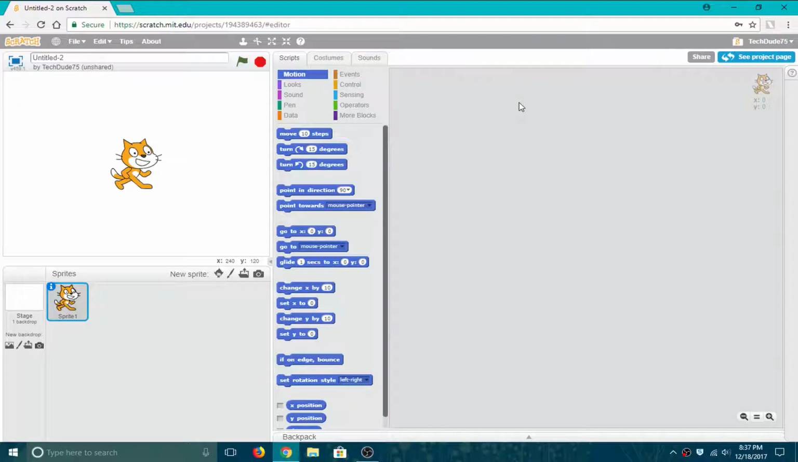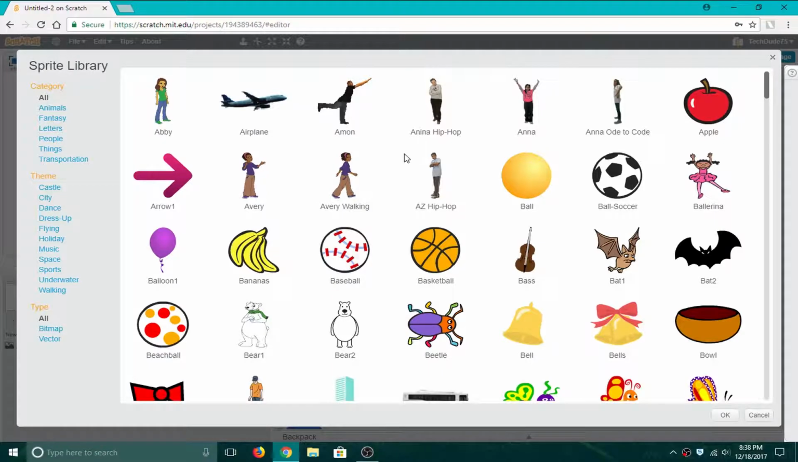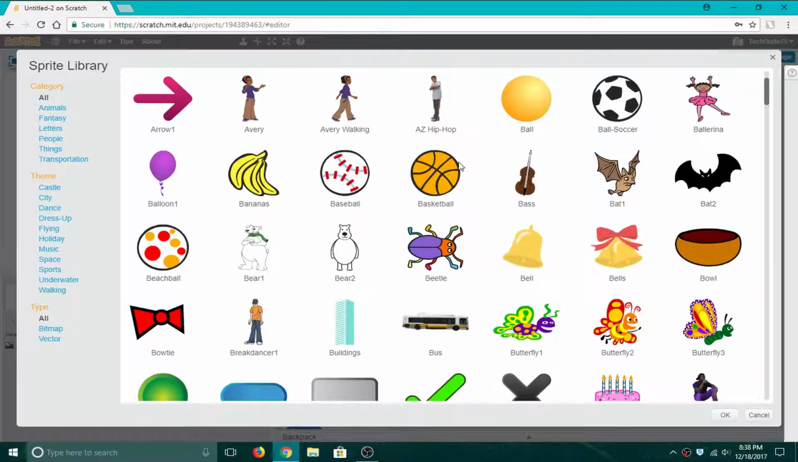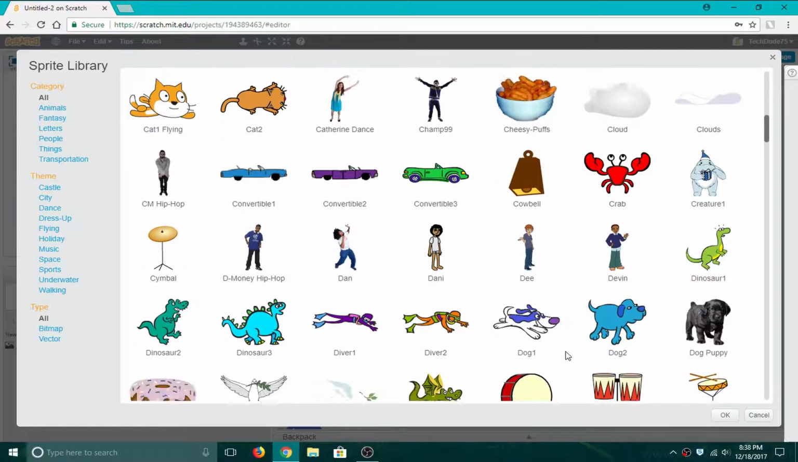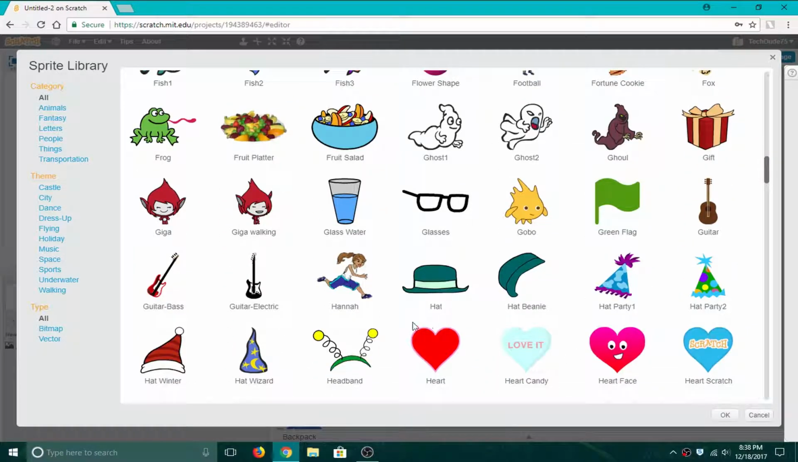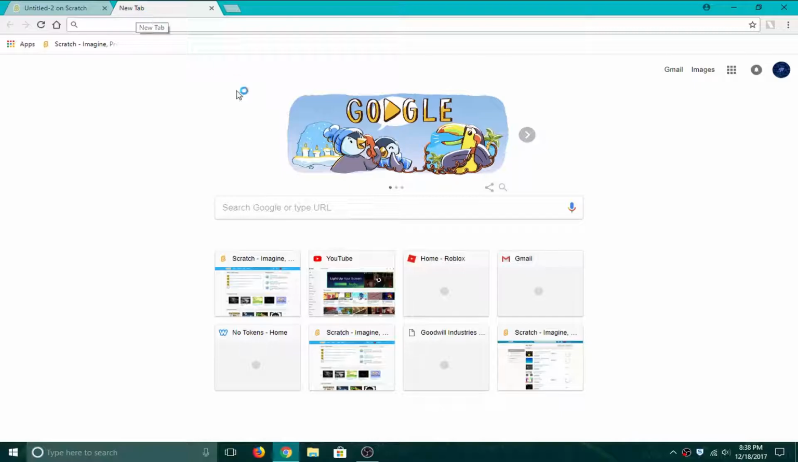So, anyways, guys, here we are in an untitled game from scratch. I'm going to name it Clicker Tutorial. There we go. Well, first we can look through some sprites, I guess, to see if we want anything in here to be a thing to click. Or, well, you know what? Let's just put